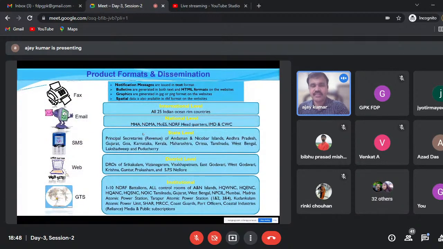And how are we providing this information? So dissemination mechanisms are there. We are using different dissemination mechanisms like email, SMS, fax, and website. And we are also providing services to the Indian Ocean users through the global telecommunication system. We are providing these services for the 25 countries in the Indian Ocean region. And apart from that, if we take the national level, we have all